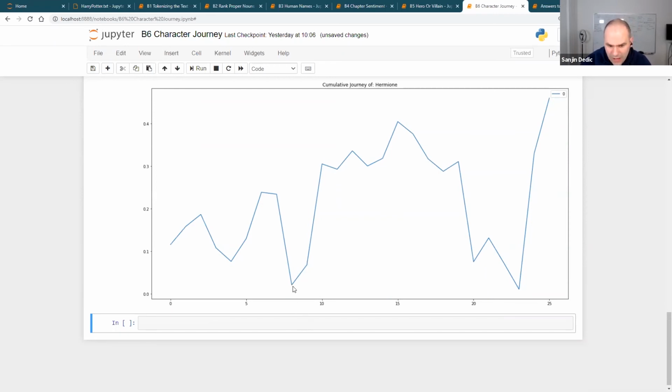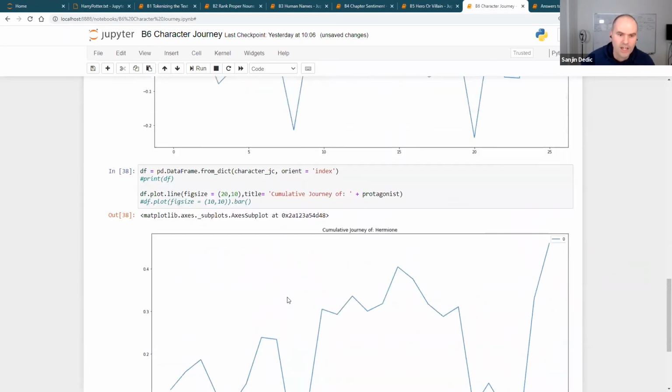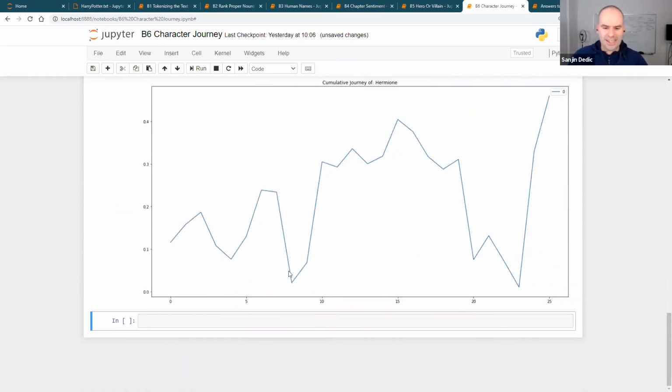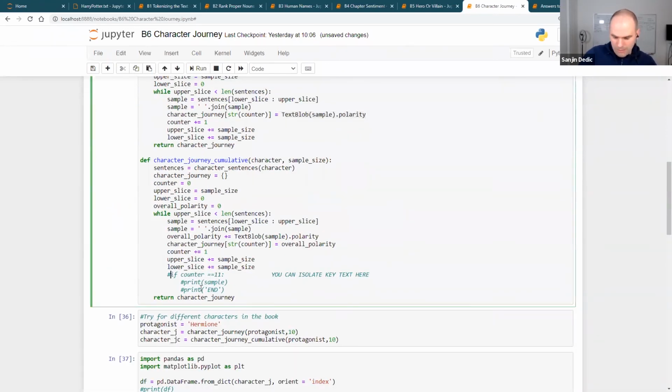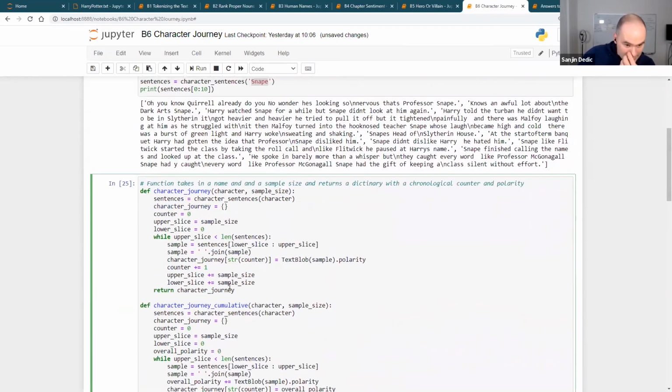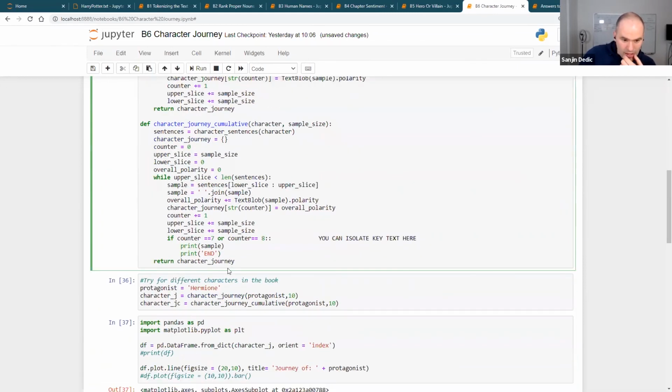And by the way, if you think what number these slices are, we can actually go and find the sentences in the text. This would be about 7. So you could pick slice numbers: if counter double equals 7, or counter double equals 8. So you can print out these slices. Again, they're not necessarily meaningful text, but you can, when we run this for Hermione,